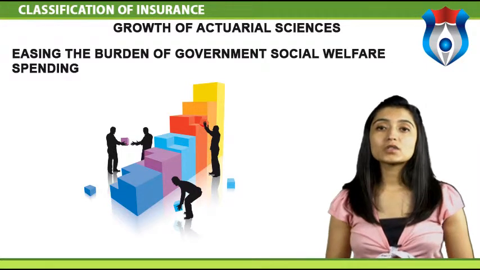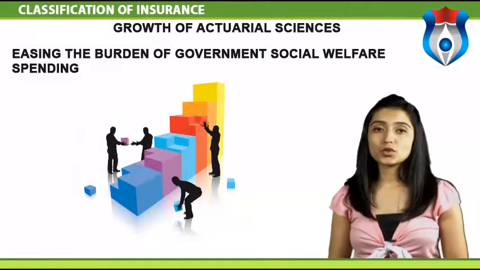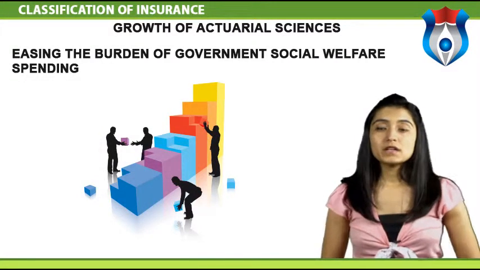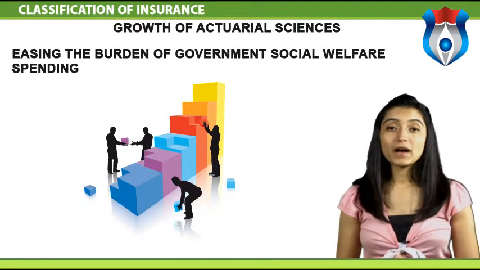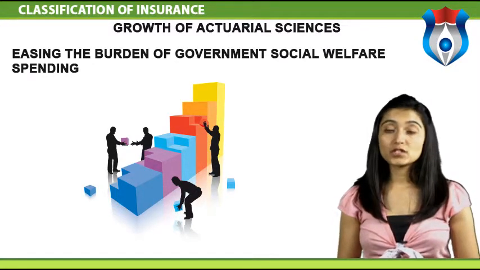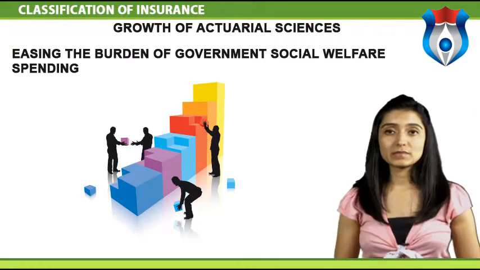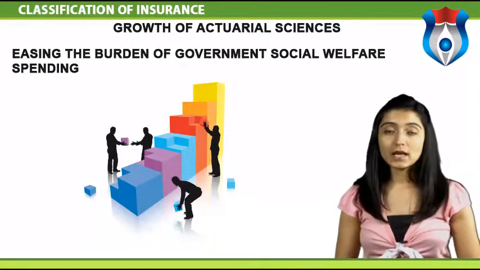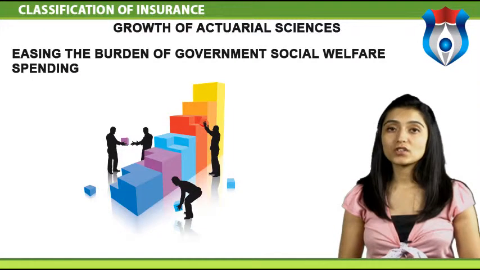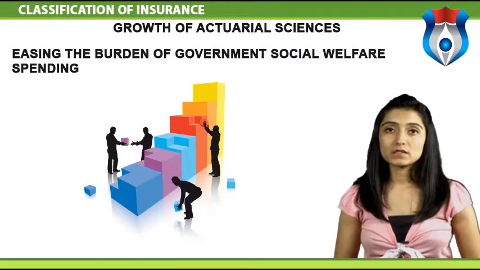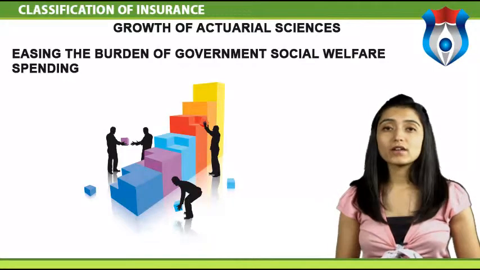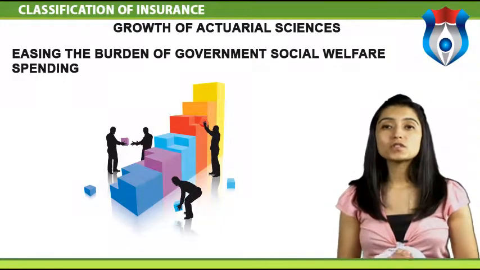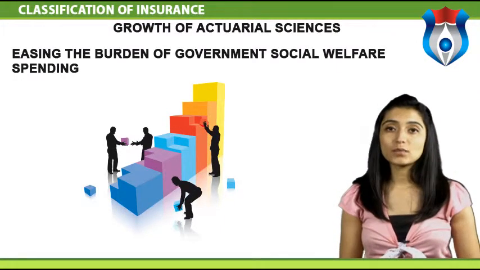Easing the burden of government social welfare spending, private life insurance can supplement, if not substitute, for benefits provided by government. This assertion is substantiated by a significant negative correlation between social spending and life insurance premiums. Moreover, the sharp rise in life premiums in the OECD countries may be attributed in great part to the mounting financial difficulties of pension schemes. Governments can now concentrate their efforts on core social protection benefits while allowing individuals to choose for themselves their desired level and type of additional protection.